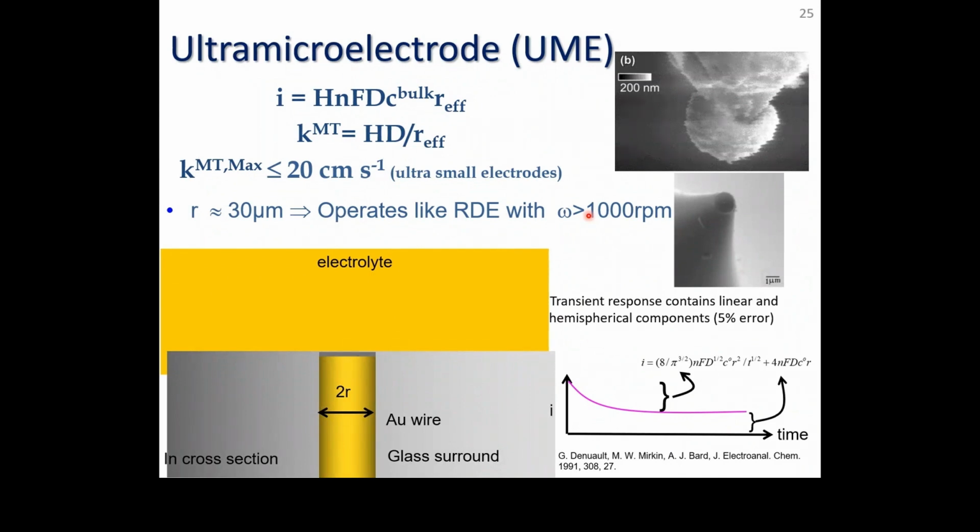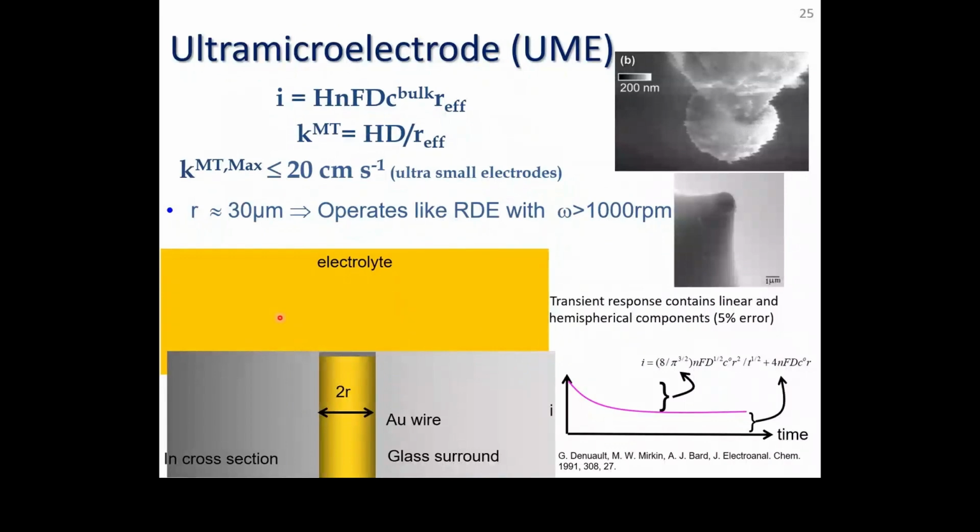As you go smaller, as R decreases, you see the KMT increases. And the reason why these systems work so well, or the reason why mass transport is so fast, is that now instead of relying on planar diffusion, which occurs when electrodes are larger than about 30 microns in size, larger than the thickness of the diffusion layer,